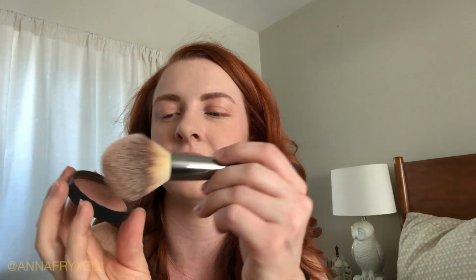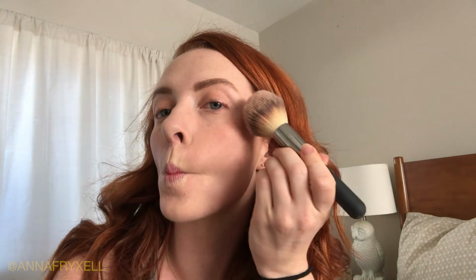When you first look at it, I'm gonna try not to spill it, it looks really dark. It's a highlighter, but it looks so dark, especially for my skin tone, and I was kind of afraid it was gonna look like blush, and if I put it where highlighter is supposed to go, it was gonna look funky. So I just take the lid and then I get a teensy bit on my brush. See, it just added the slightest bit of highlight. You see? It's not too dark, it actually blends in really well,